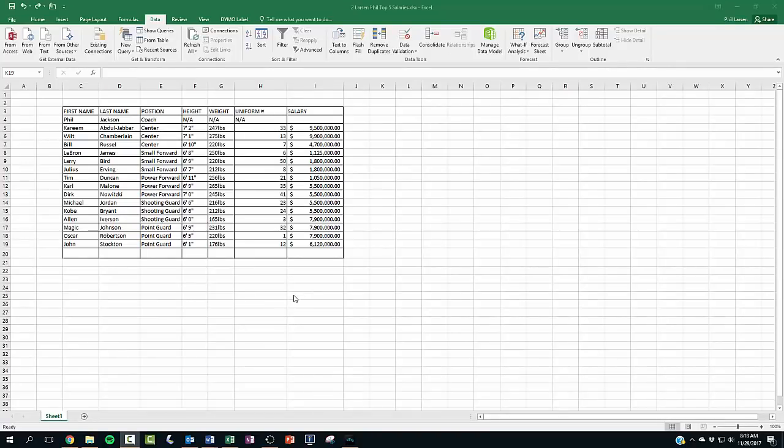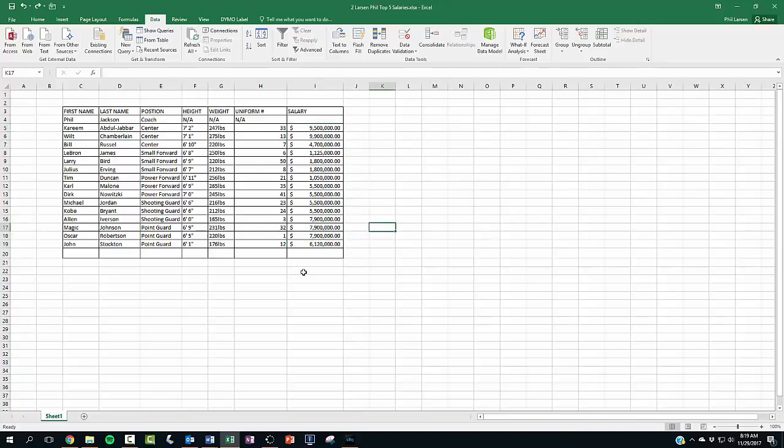Okay, so we need to figure out who our top 5 salaried players are. Well, we got some good news. You can see that there's a couple players that are 9 million and they're already at the top. So we have Wilt Chamberlain and Kareem Abdul-Jabbar, and they're getting paid $9 million and some change. But you can also see there's some high paid players down here, like John Stockton getting $6 million and Oscar Robertson getting close to $8 million, and so are these players right here. And then we have some players that are lower than these players right here. So we need to find a way to get these players up here.